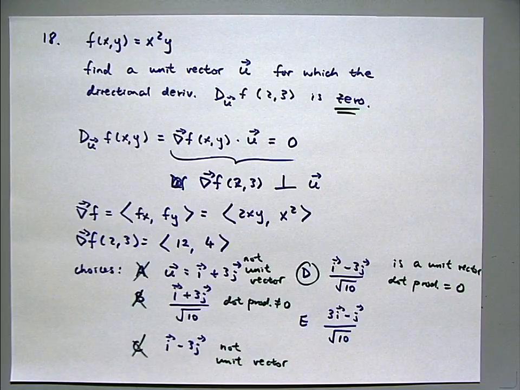The area of one leaf of the 3-leaved rose bounded by r is equal to 5 sine 3 theta is